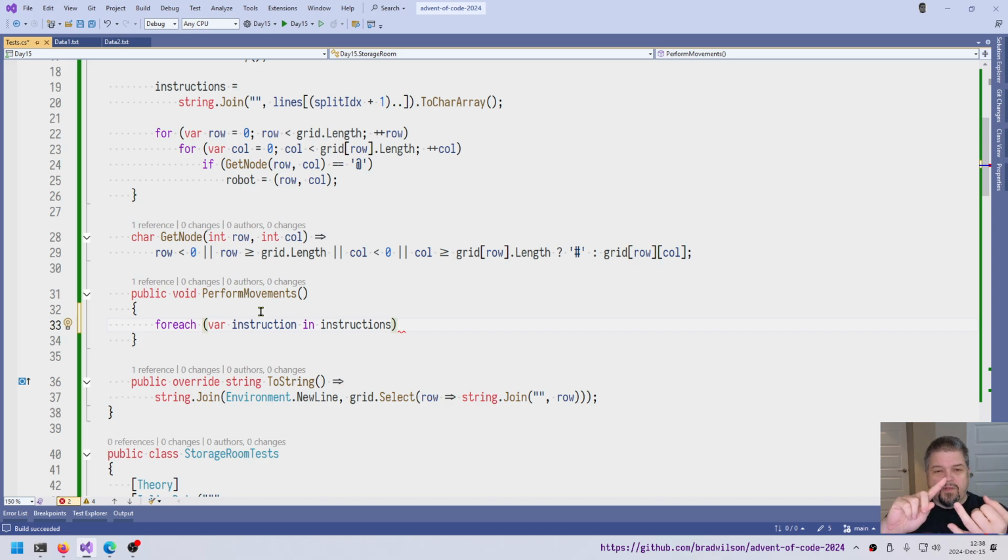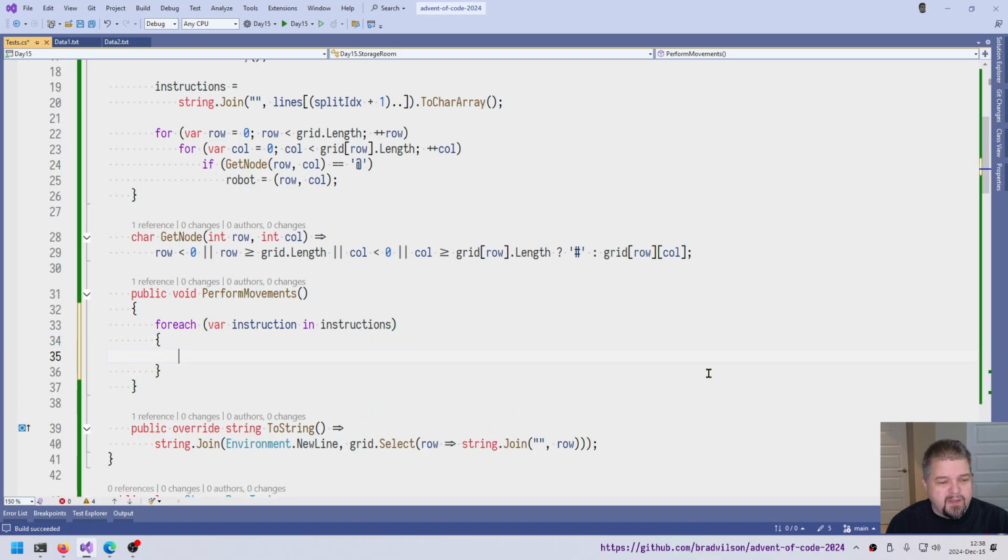We've got walls, we've got empty space, we've got boxes, we've got the robot. Boxes can't run into the robot because the robot is pushing the boxes away from it. So we're really only worried about running into the wall. So the easiest thing for us to do here then, with a recursive algorithm, is basically we're going to try and move every box that's in the way, right? So the robot will see the first box and say, okay, that's a box. I'm going to try and move that box, right? And then that box says, okay, I want to move, but there's a box in the way. And we just keep going down and down and down until either the box is going to hit a wall,